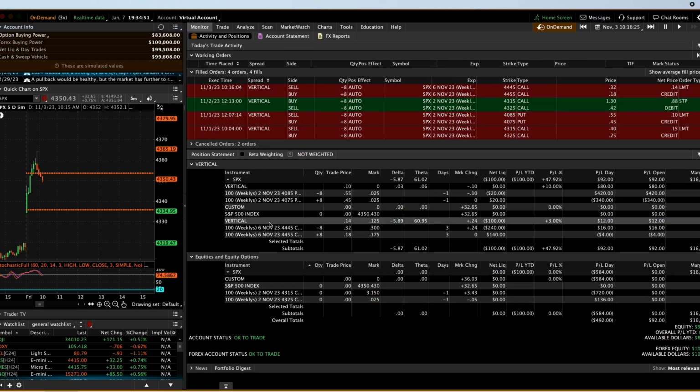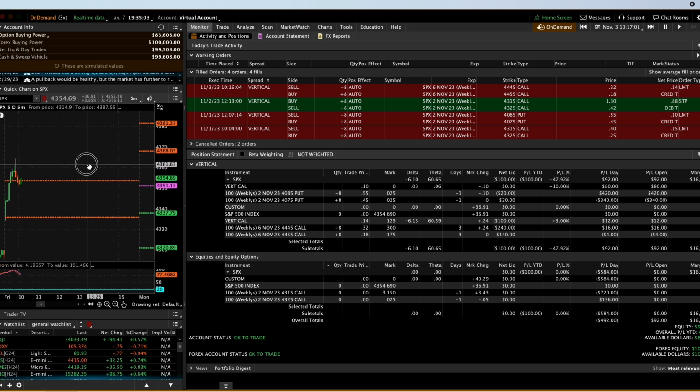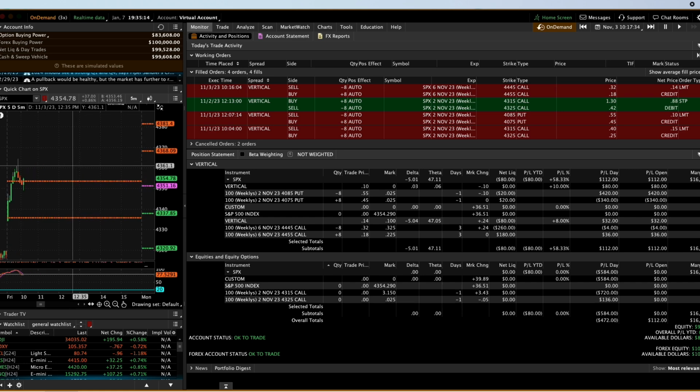So let's make sure. This is going to be our call, the 6th. There we go. Now, like I said, we can still get that number 3 C wave push up beyond this and push to a new high. That's normally fine as long as we don't have any news killing our trade or anything like that. So I'm going to press forward, see if I can get a put spread in as well.